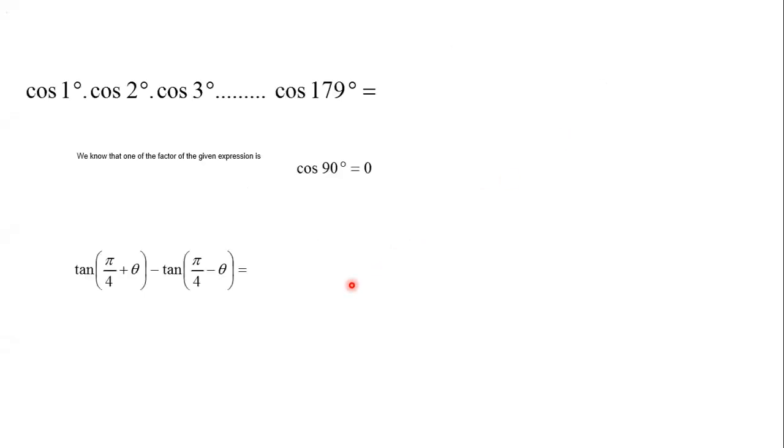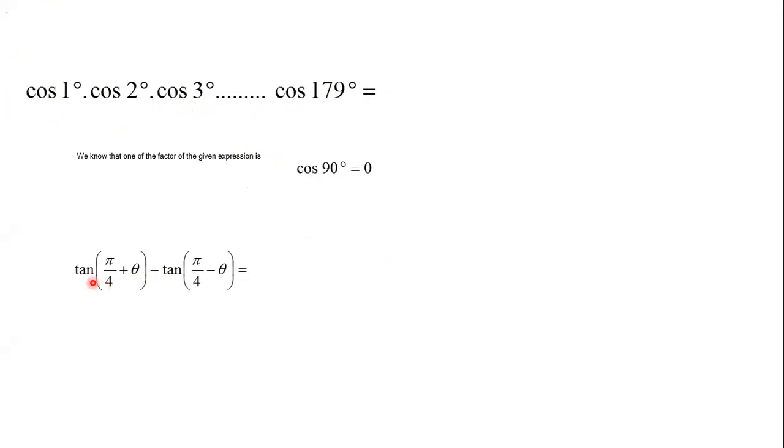Okay, so the next question is, we want to find out the value of cos 1 into cos 2 into cos 3 up to cos 179. But if you observe here, starting from 1, where is it going? 179. And we know that the value of standard cos 90 is 0. So somewhere in between, there is cos 90. So the value of cos 90 will be in the multiple. So 0 into anything is 0. So this total value will be 0, right?